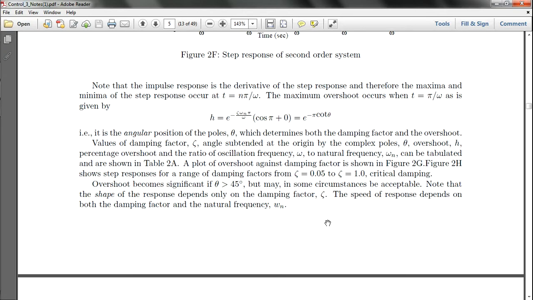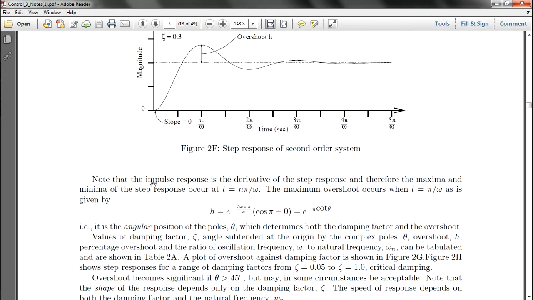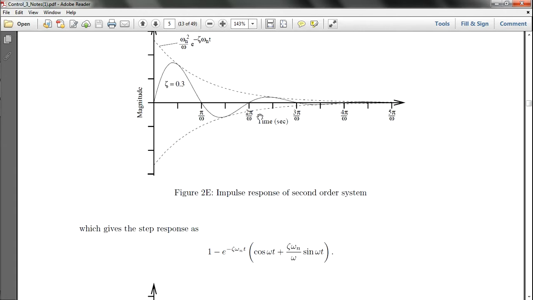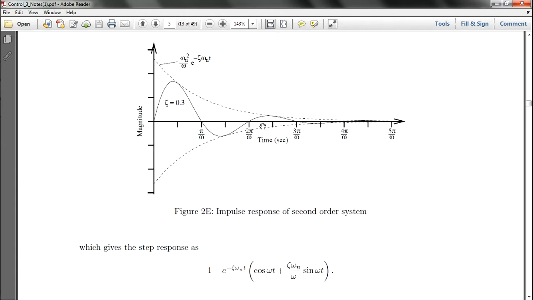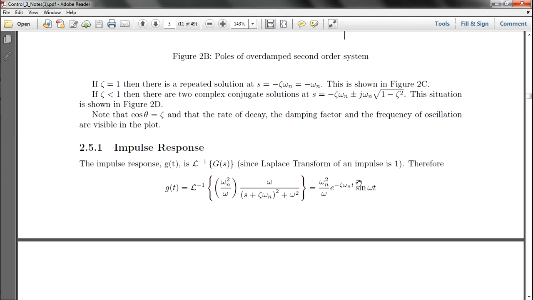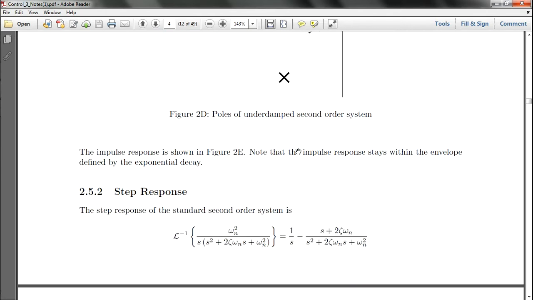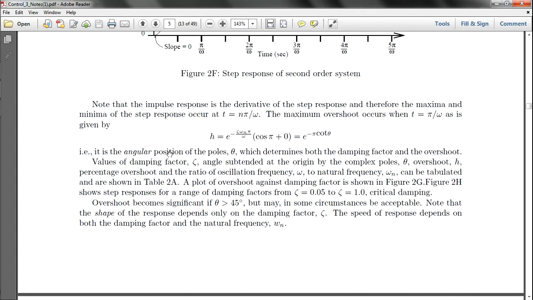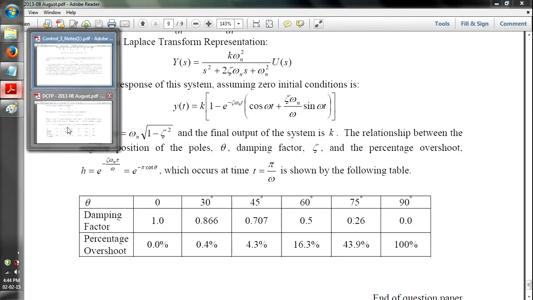Give me a minute. The impulse response is the derivative of the step response. So when you differentiate the step response, you get this expression over here, and you will have this equation. So this is just a concept. And then the rest is just what you have learned in modeling,